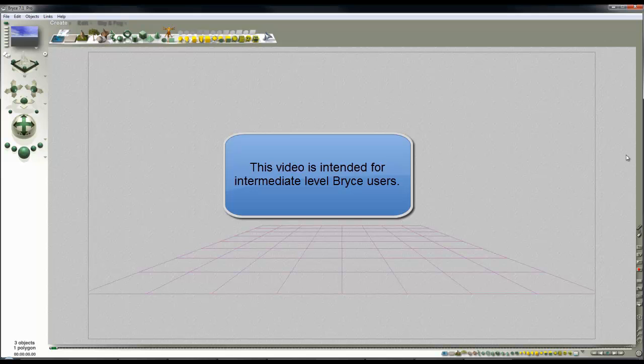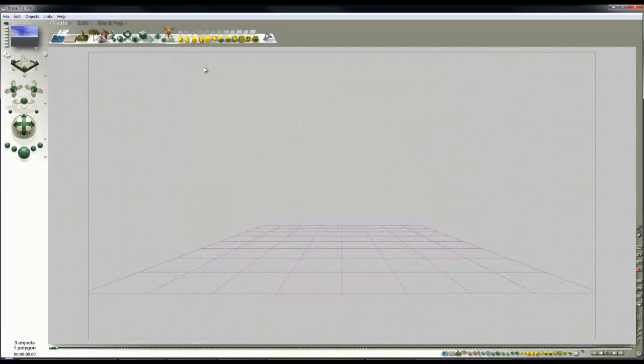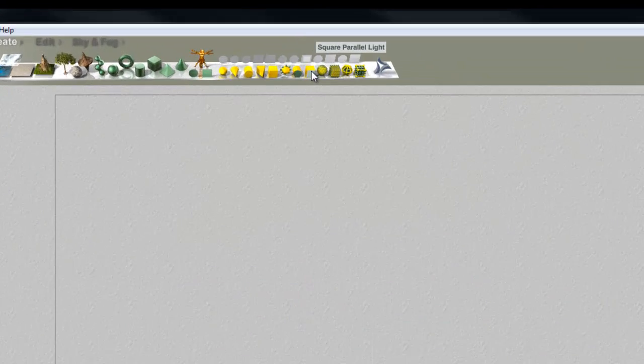In this video we're going to look at using a light gel to create an underwater effect. The gel I'm going to use looks like this, and this was made in Genetica 3.6 Pro and is sort of the effect of looking at the underside of a swimming pool, as viewed from underwater. So this is a caustics pattern, and this is going to be applied to one of the new Bryce lights,